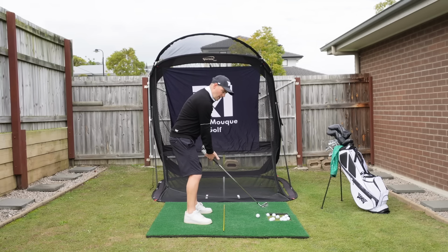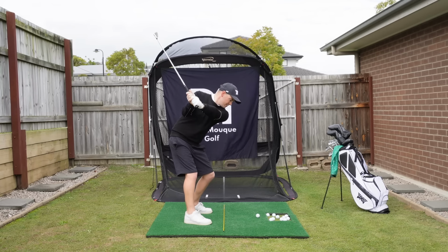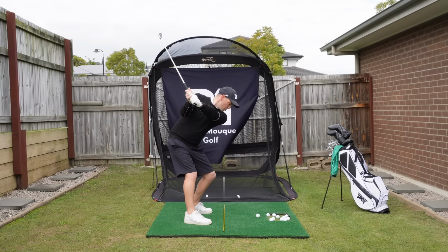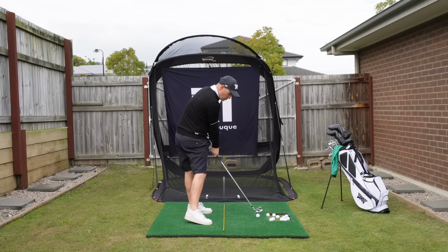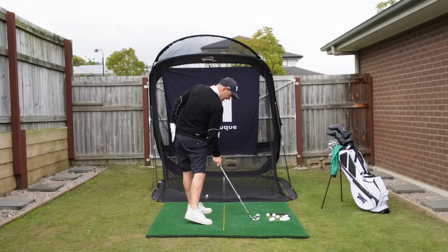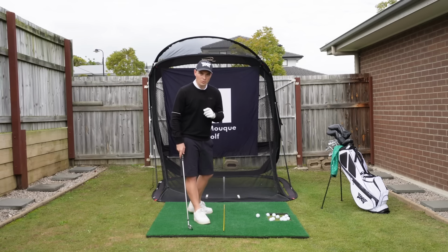So from this down the line view, if I get to the top, I push down into the lead foot, and then around lead arm parallel to the ground, we're going to want to push up out of that lead leg. And that's what's going to allow you to turn your hips around the corner, cover that golf ball. You're going to see the lead butt cheek at impact, and that's exactly how I want you to turn through